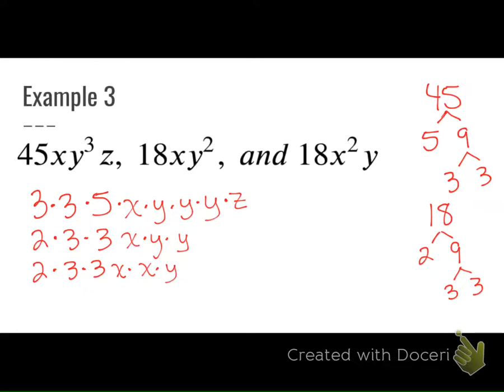All right, so we've got them all the way factored. We're looking for our matches. So it looks like we've got a match of 3s here, a match of 3s there. We've got a match of x's, a match of y's, and then that looks like that's it. Even though we have some other matches between 2 of the lists, if it's not on all of the lists, it won't work. So we're going to be taking 3